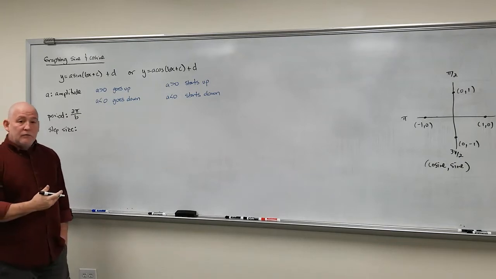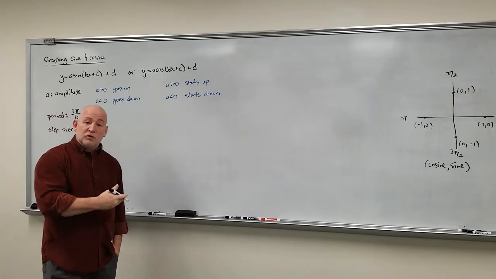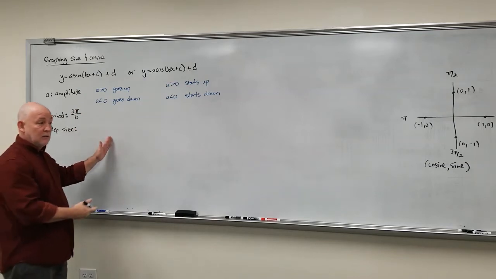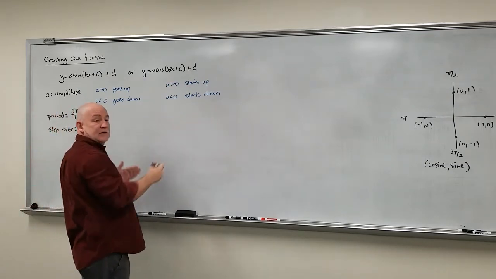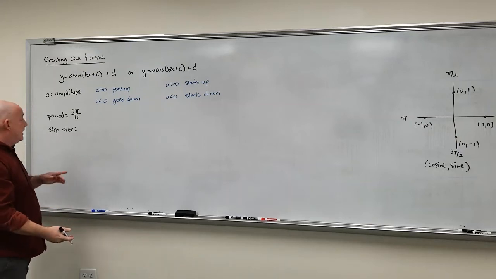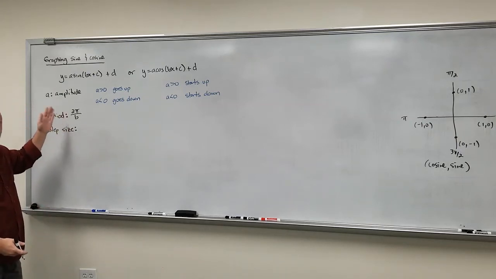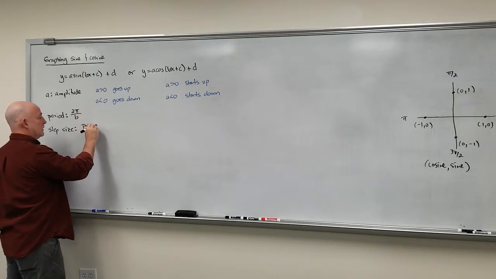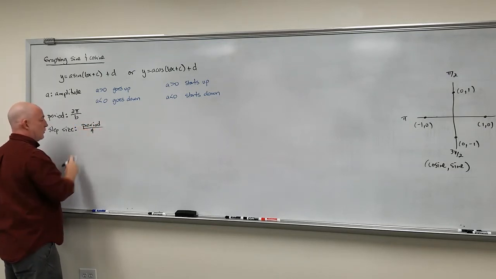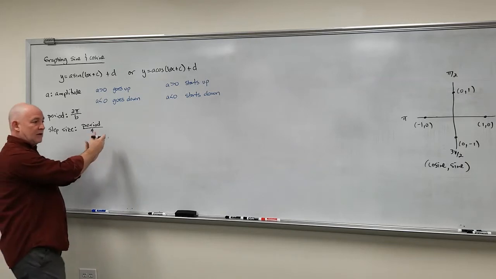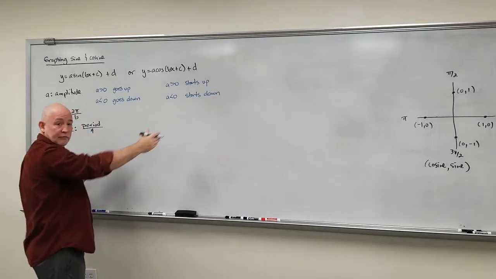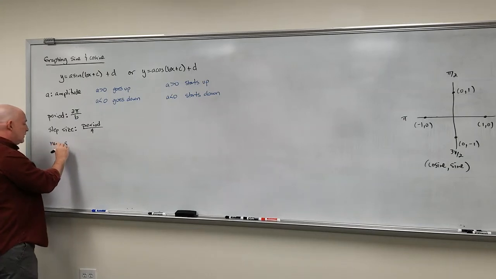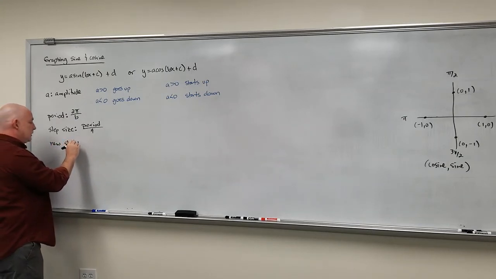Now, we saw that it was very easy to graph both those functions with 5 points. So basically, we're going to have a starting point, and we want to take 4 steps to get to the end. So the step size is going to be whatever the period is, and we're going to cut that into 4 pieces. So the step size is the period divided by 4. That'll give us a place to start, and we step over our 4 steps, so it'll give us all 5 points for our period. Start,